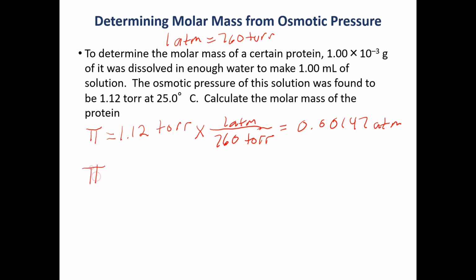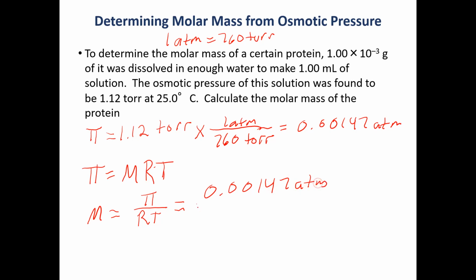So osmotic pressure is equal to the molarity times the gas law constant times the temperature. We want the molarity, so I'm going to rearrange this equation algebraically to get molarity by itself. So molarity would be equal to the osmotic pressure over R times T. And we calculated the osmotic pressure as